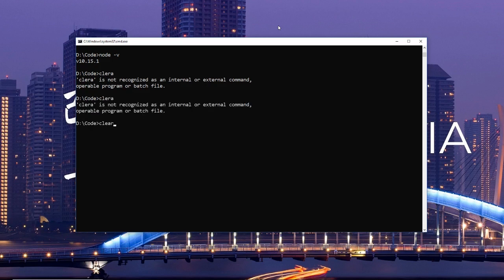So first things first, you are going to want to have Node installed on your system. So you can check if you do by typing node --version, and I have the latest release installed. If you don't, you can just go to nodejs.org in your browser and download the latest version and install it on your computer. Or if you have Linux or Mac, you can use Node Version Manager to install that. The reason I want to have the latest version is because a few versions before the latest version,